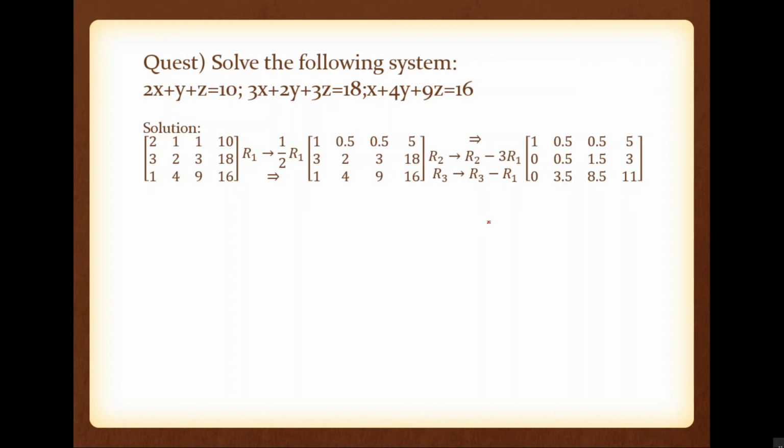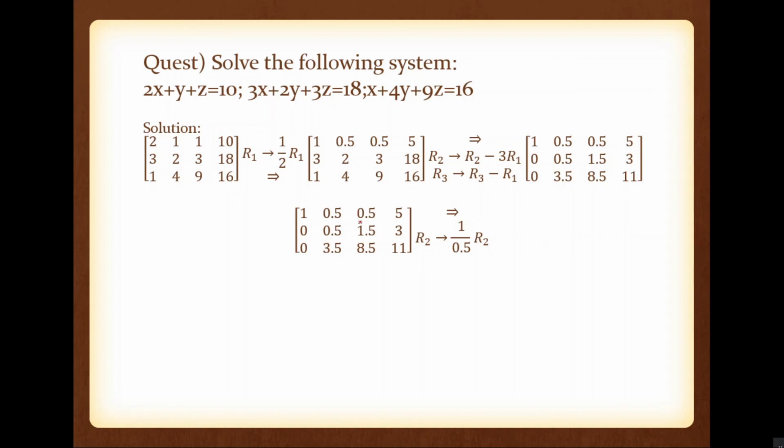Now we are going to start the second elimination. So what we have to do? We want to make the second diagonal element, or second pivot, equal to 1. So this is the second pivot, in the second row. So second row is equal to second row divided by 0.5. So R2 is equal to R2 divided by 0.5, in order to remove 0.5. Okay, so what is the resultant augmented matrix?